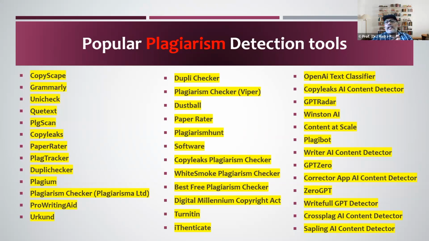CopyLeaks AI content detector. This is also another software. GPT Radar is also there. Winston AI is also there. Content AI scale is also there. Plagibot, it is also AI based. So whatever is written on the right side, these are the latest ones. Okay, latest means from November 2022. These software came into the market and they are just amazing, and they are helping the researchers to identify